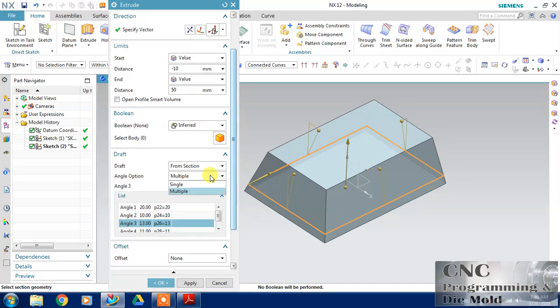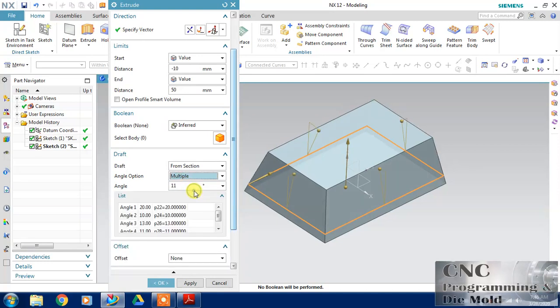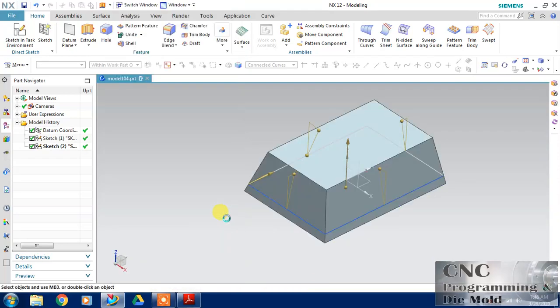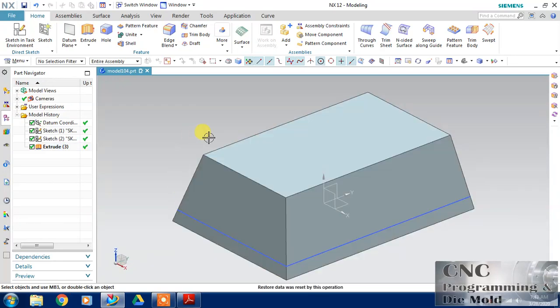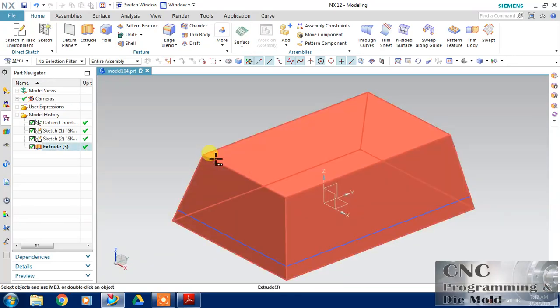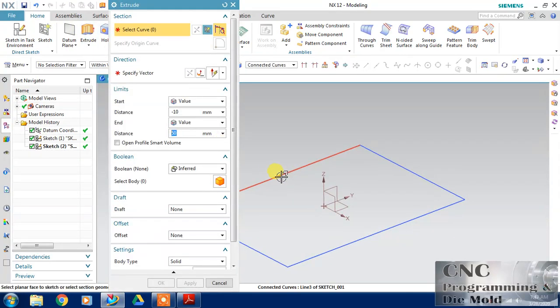A single value will come, or for multiple we have the multiple option for angle draft. Let's okay this, it will come something like this. So just delete this, and again we will choose this extrude command and click the extrude.